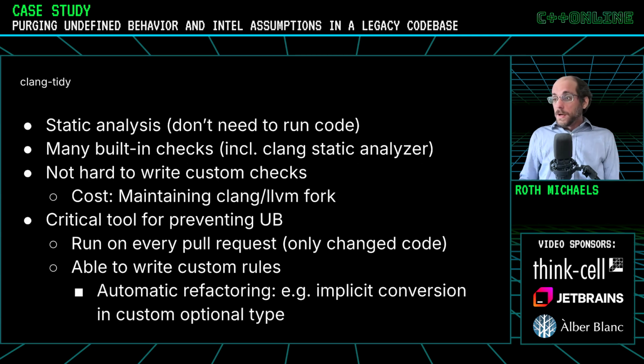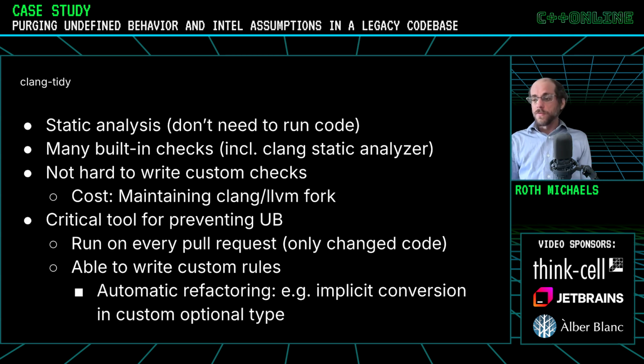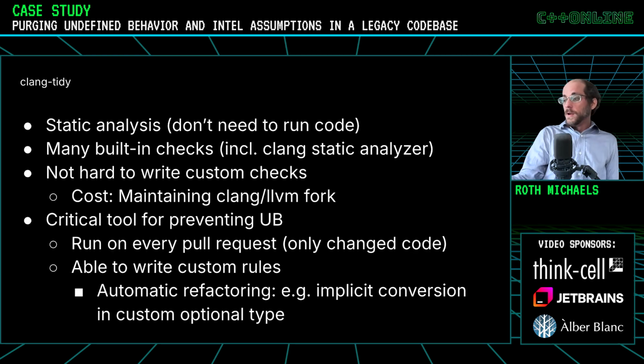And we do this as part of our clang-tidy static analysis, where we're running clang-tidy-diff, which allows us to only check clang-tidy on any changed lines in our PRs. And in the clang-tidy flags, we turn deprecation warnings into errors so that we will not allow people to use functionality that we know is deprecated and has UB. And some refactorings like conversion between types and stuff, it also has available to us.